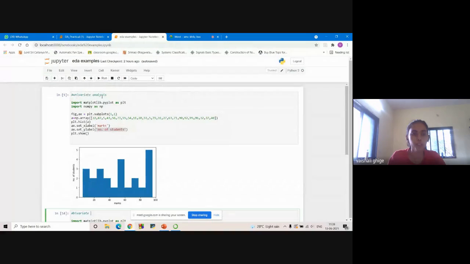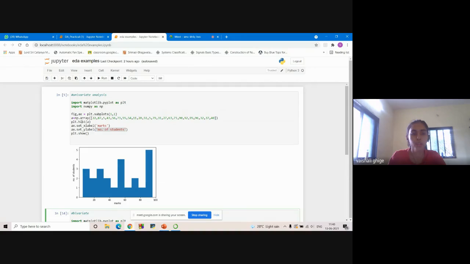So for the example of univariate analysis, first I'm importing all the necessary libraries, matplotlib and numpy as np. Then the data I have with me is in the form of an array, with different values. In order to draw the histogram for this data, we are using a function called hist.